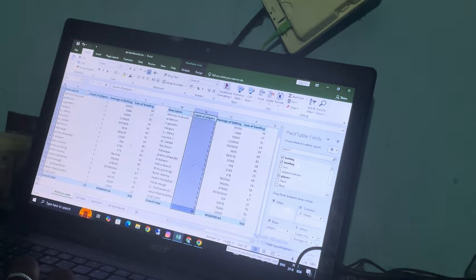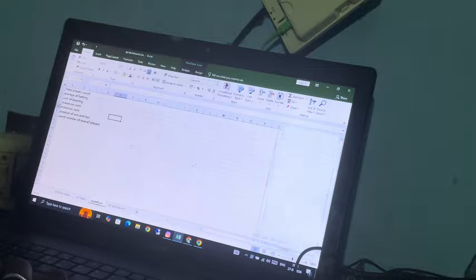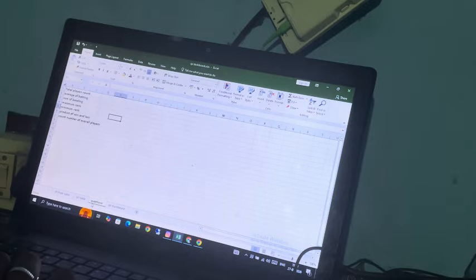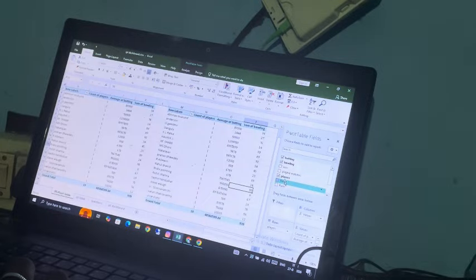This is the maximum rank. So next question is maximum rank. For maximum rank we have to go into pivot table settings, value field settings, and we will change the value. Just click itself. This is the minimum, yeah, maximum. One second, average. This is sum now. So what happened is I'm just changing the